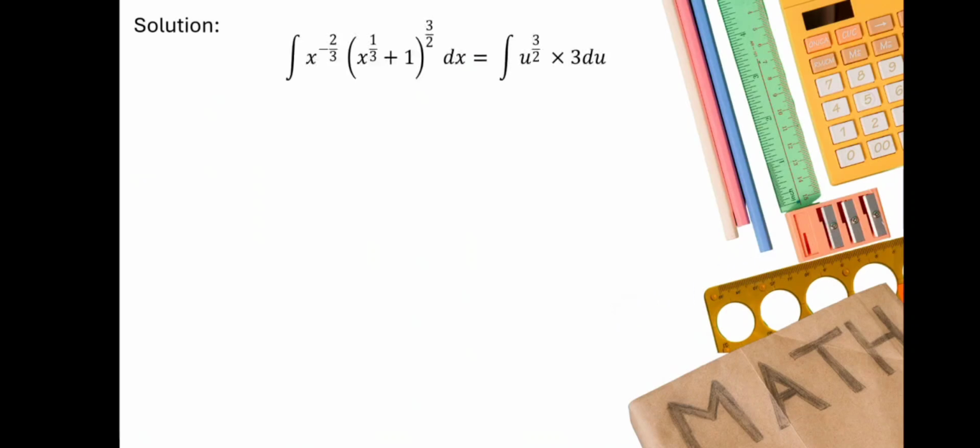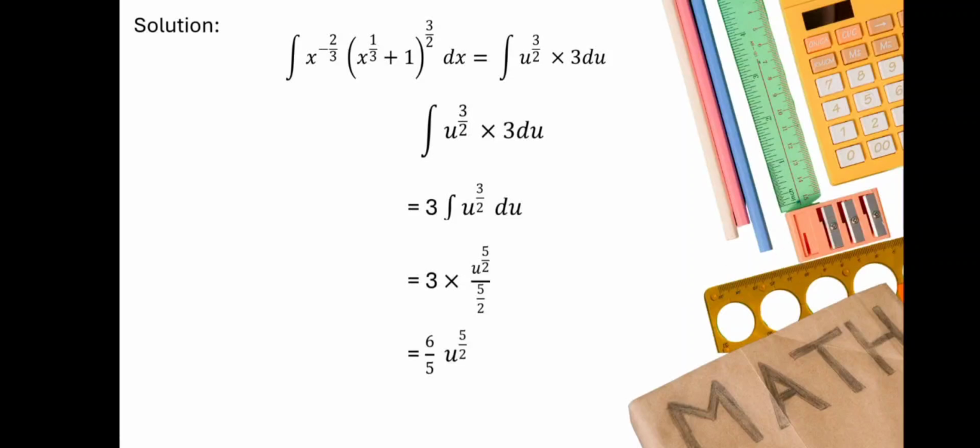So we now have the integral of u raised to 3/2 times 3du. We should separate the terms. So we now have 3 times the integral of u raised to 3/2 du, and apply the power rule of integration. We now have 3 times u raised to 5/2 all over 5/2. Then simplify, we now have 6 over 5 u raised to 5/2. Then substitute the value of u, which is x raised to 1/3 plus 1. So we now have 6 over 5 times the quantity of x raised to 1/3 plus 1 all raised to